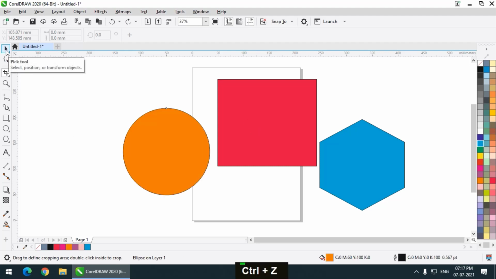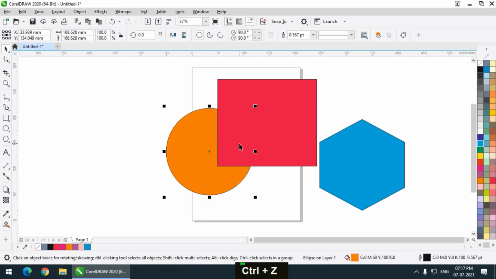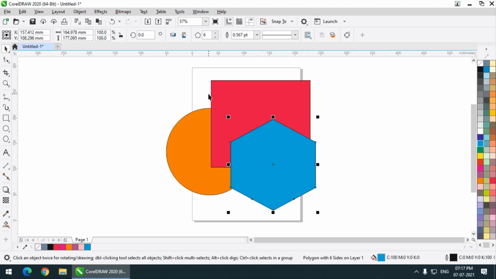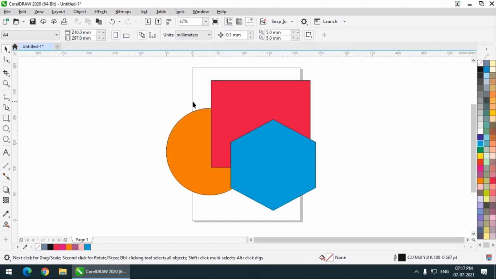But there is a plus side to it. Let's say I want to crop all the shapes together in a certain way, keeping only the center area and cropping the remaining area.